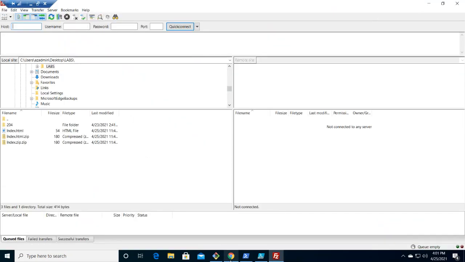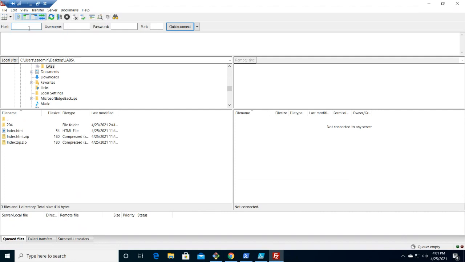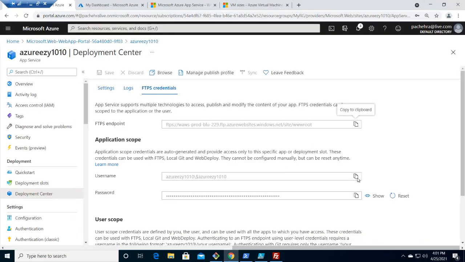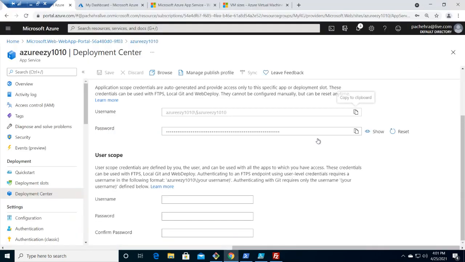All right, I'm here. So this is the FTP point. I'm not doing anything, I'm just configuring FileZilla so that I can talk to the app services and deploy my index.html. This is my username and this is my password.